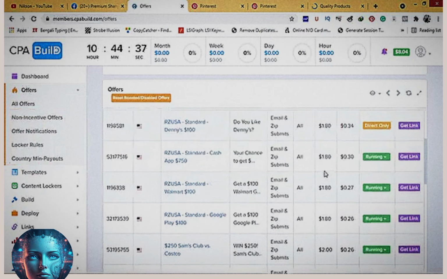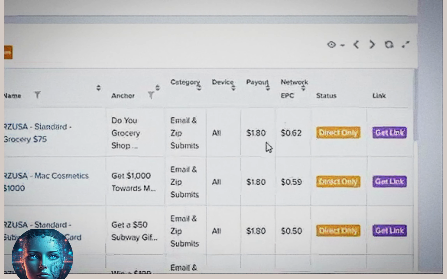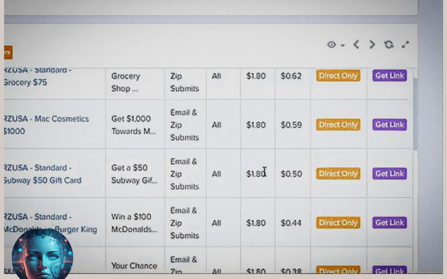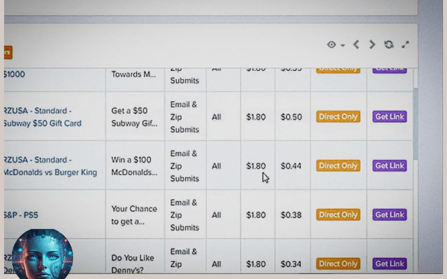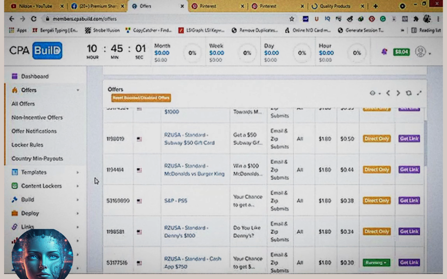So usually these kinds of offers are in each CPA network, so you can pick any of them. You can just check the network EPC and the payout, what they are actually going to give you per lead. So you can pick any of them where the EPC is good and the payout is also good. Anyway, I'm not going to talk more about offers or CPA networks today. As I told you, I'm going to cover the method of how you can promote CPA offers for free. So let's check this out.